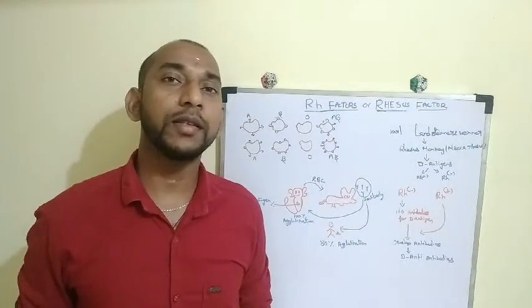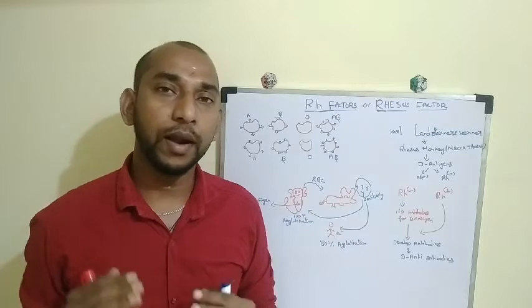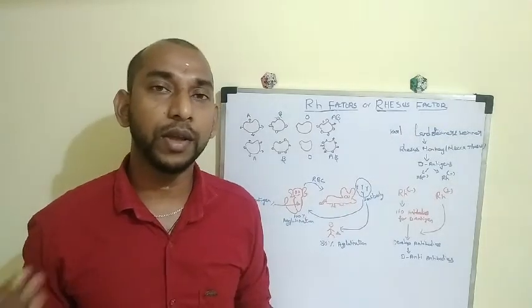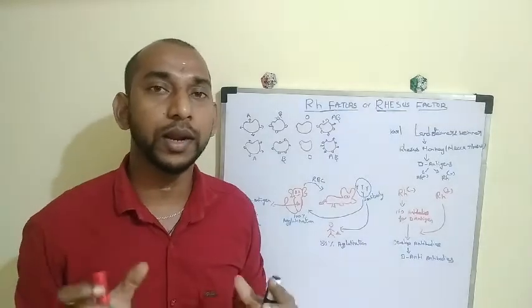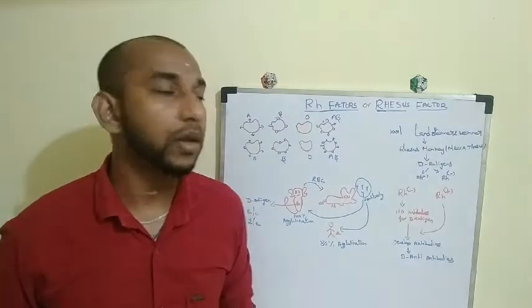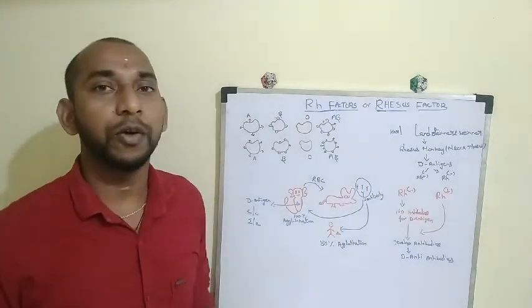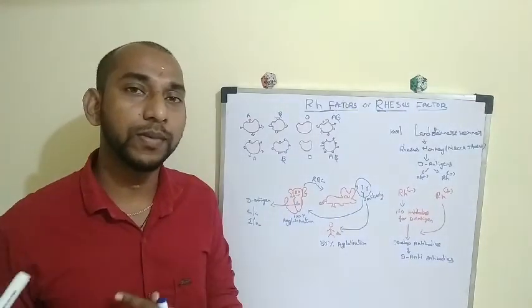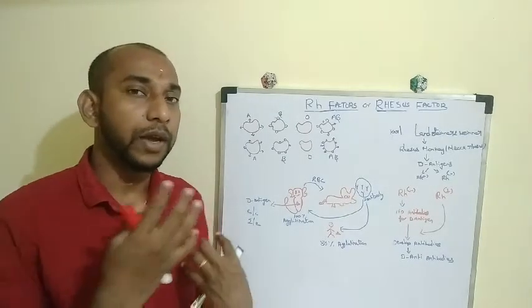One important thing about this Rh factor is that it's kind of a tricky part. Unless you understand it, it will be very hard for you to learn it. So I want you to pay attention and listen when I teach you. Let's start with the ABO blood groups. In our previous video, whatever I taught you, I'm just going to briefly recollect so that you will understand in a better way.